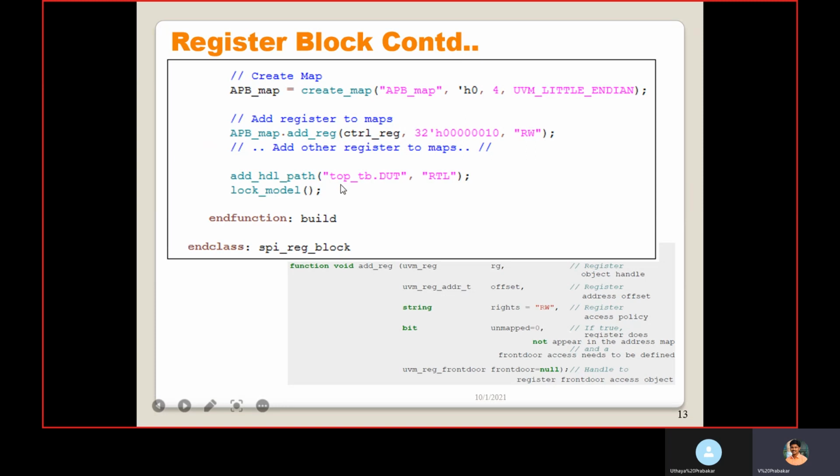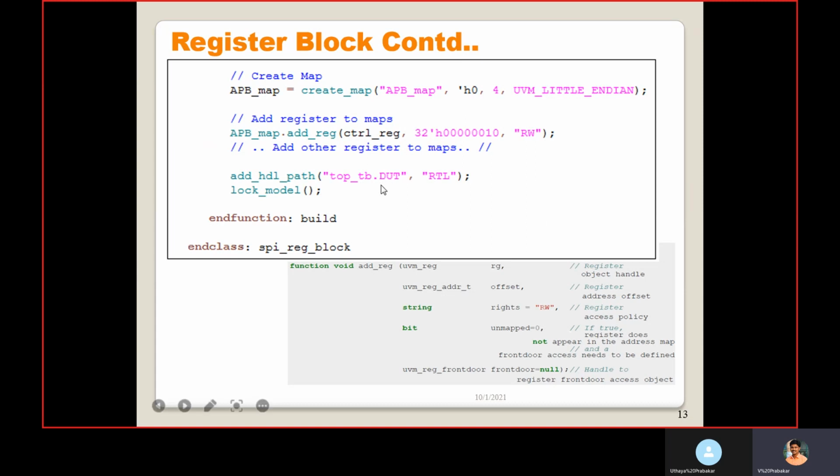Then add_hdl_path. We should pass a string, because add_hdl_path should accept a string. So within the double quotes, we need to mention the path, in top, the DB inside the DUT.